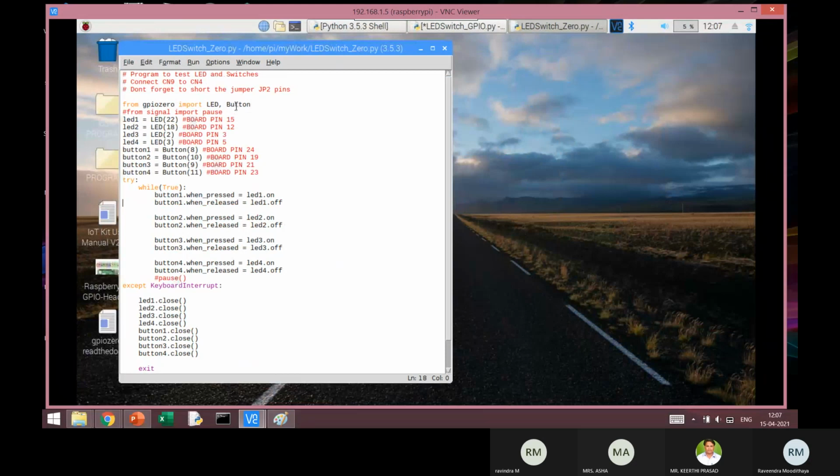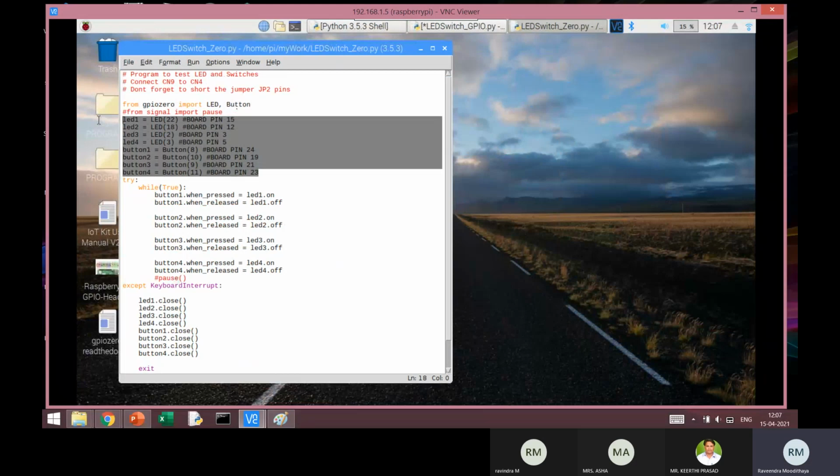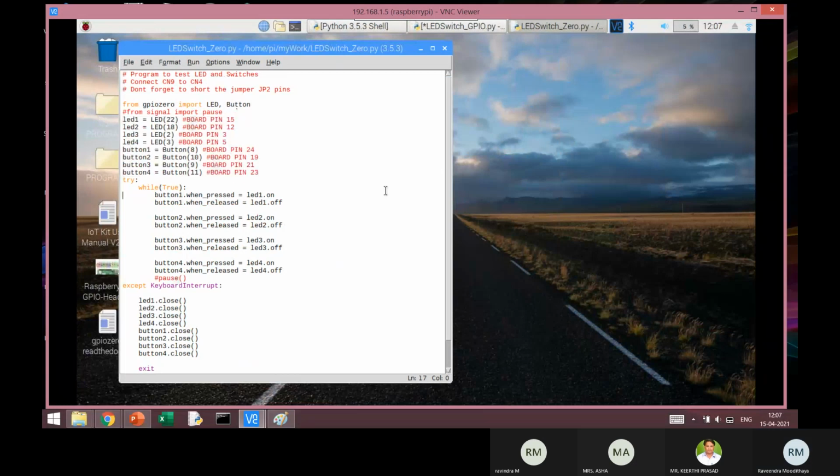Now what we do in this program is these 8 lines once again define which pin is which. So what I'm actually doing here is, remember these are the sub modules from GPIO 0. So here I'm creating an instance of LED. Okay.